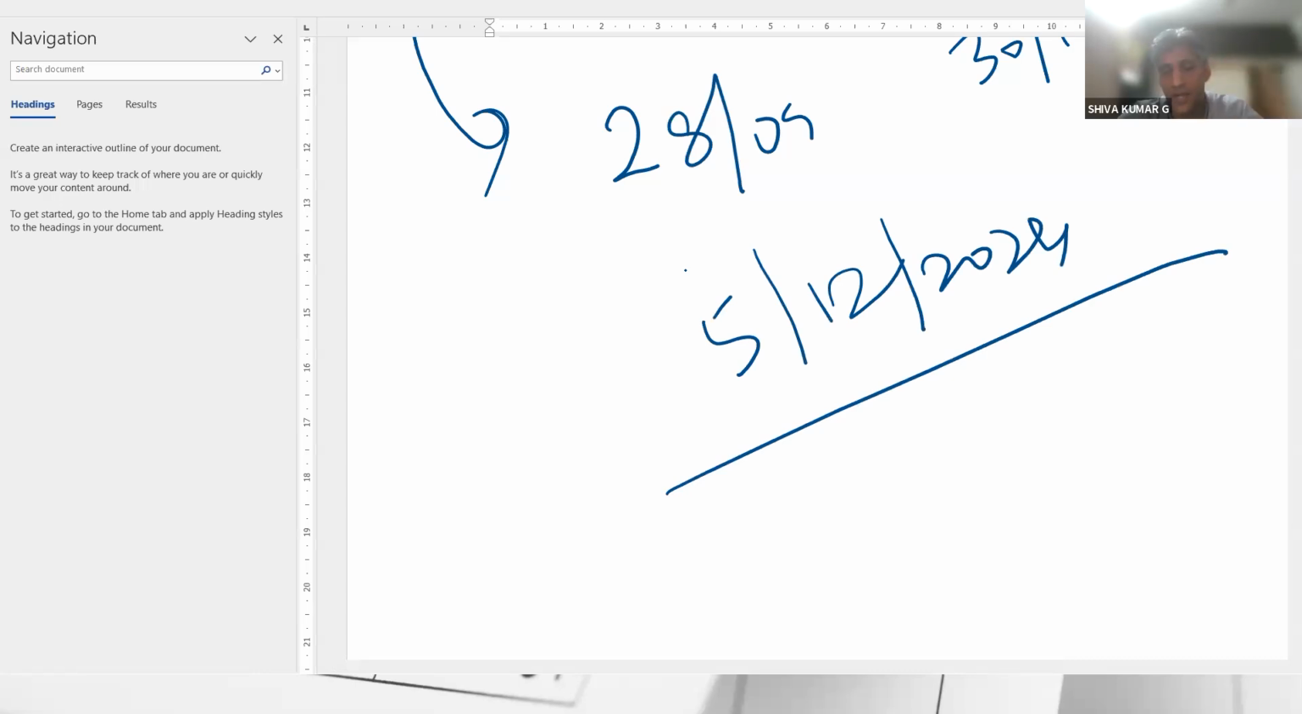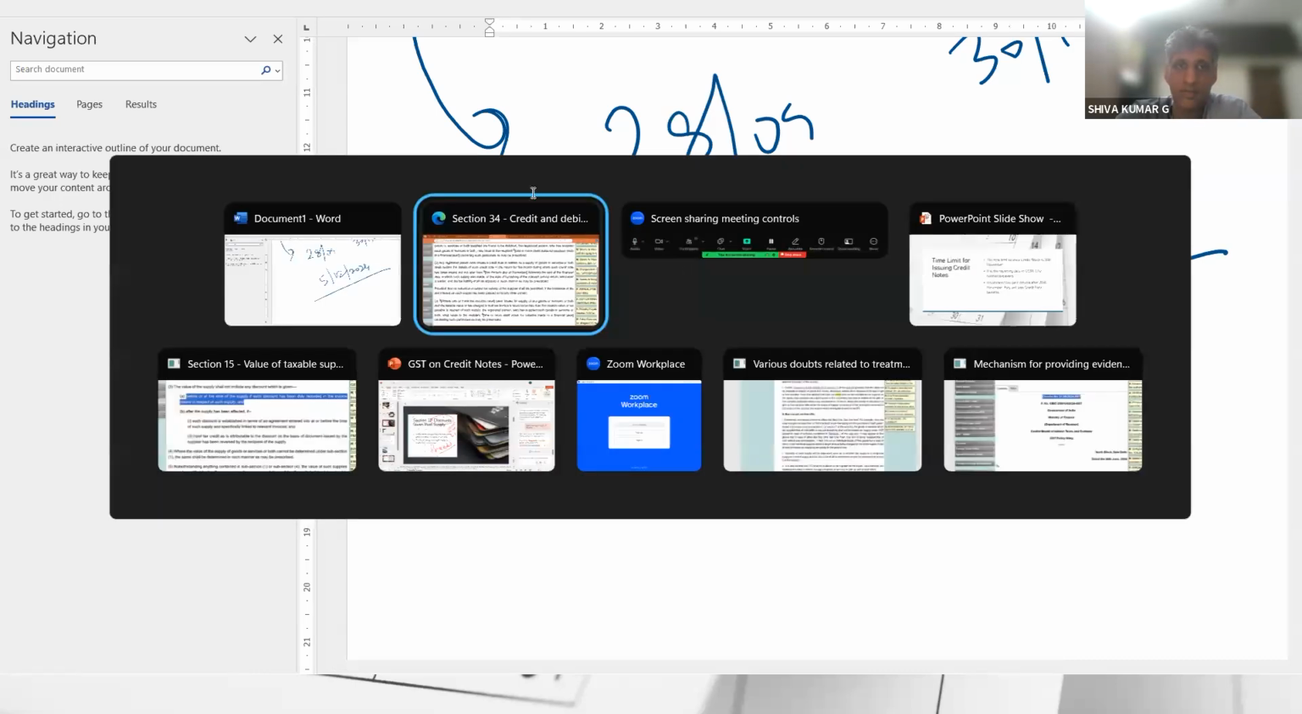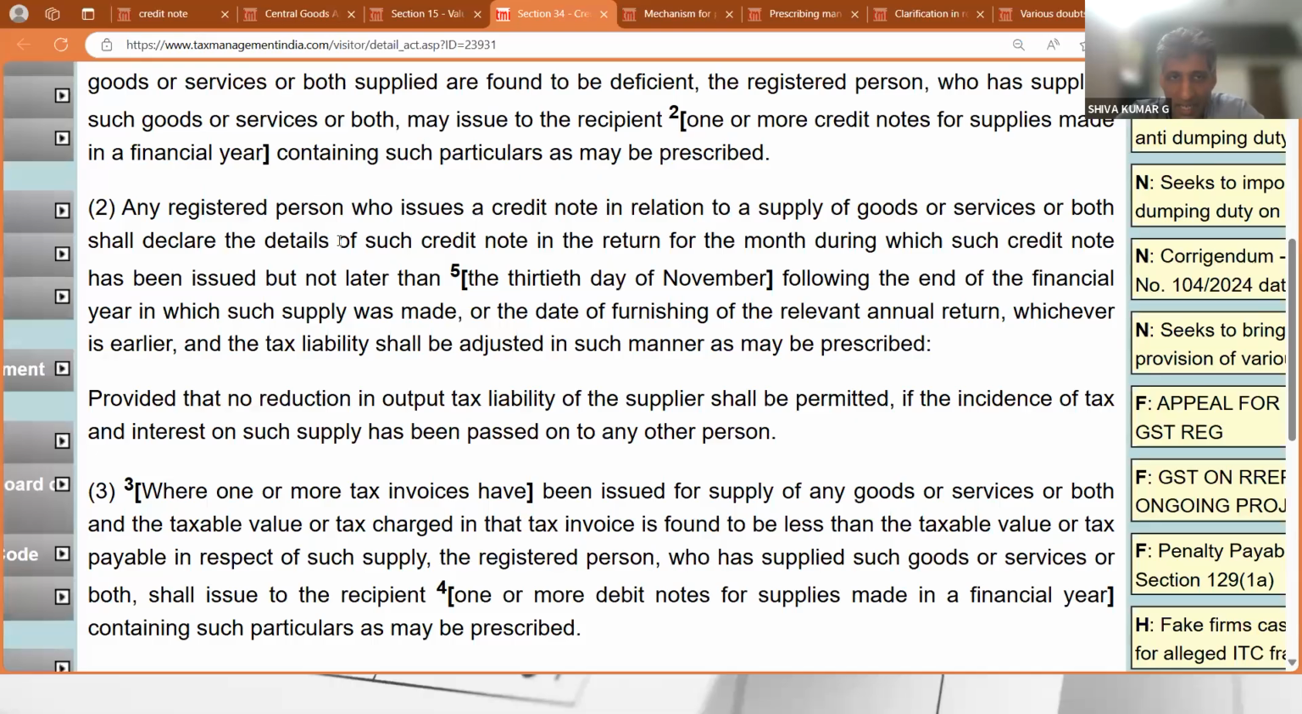Now, if the interpretation number 1 is that the taxpayer shall declare the details, but not later than... The question is, this "but not later than" is for what? Is it for the declaration, or for the return for the month? Where are we going to fix this 30th November? That is the question. If you are going to fix this 30th November for declaring it, then if I don't